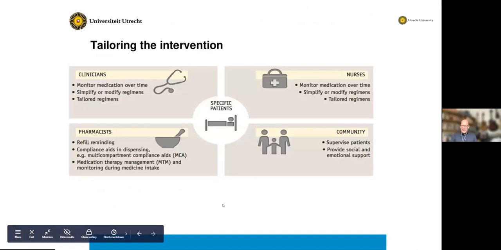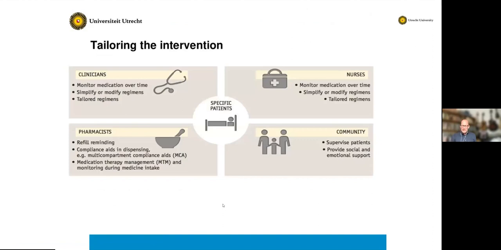So on the next slide, I have tried to put together some possibilities of interventions, and mostly highlighting that you need to tailor your intervention to specific patients, and that should be done by a multidisciplinary team that is involved. So clinicians, prescribers, pharmacists, home care, nurses, the community, so people surrounding the patient, family, informal caregivers, and they all play a part in this, in monitoring adherence, in making sure that the information is right and understandable, tailoring regimens, reminding people about taking their medication, etc. So on the next slide,